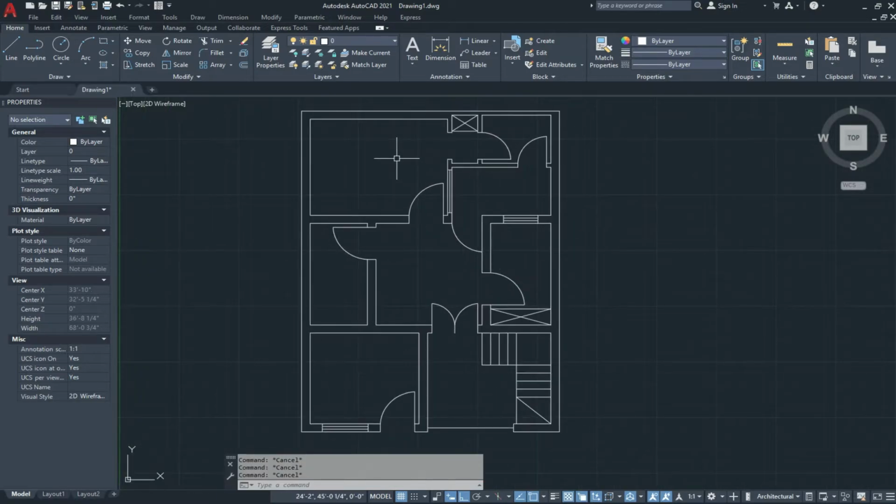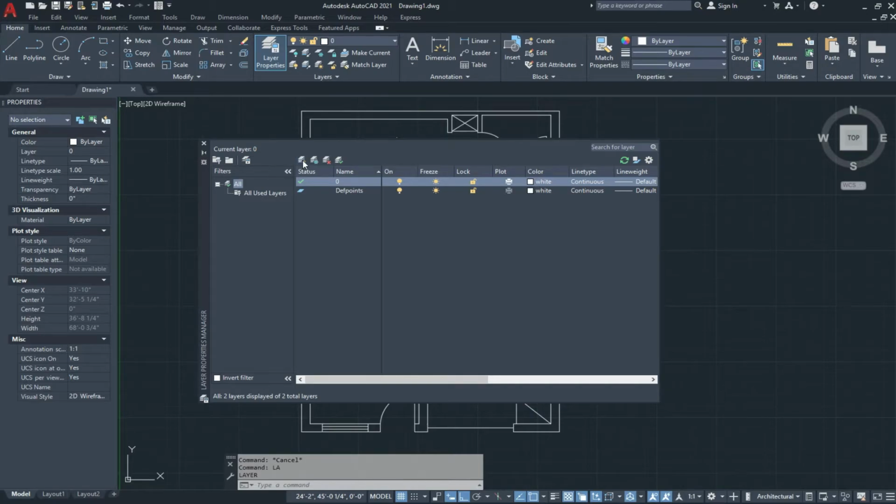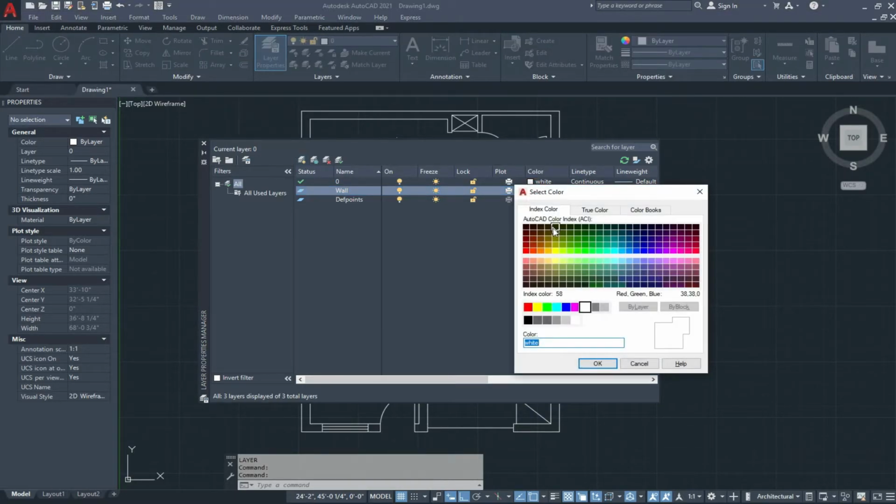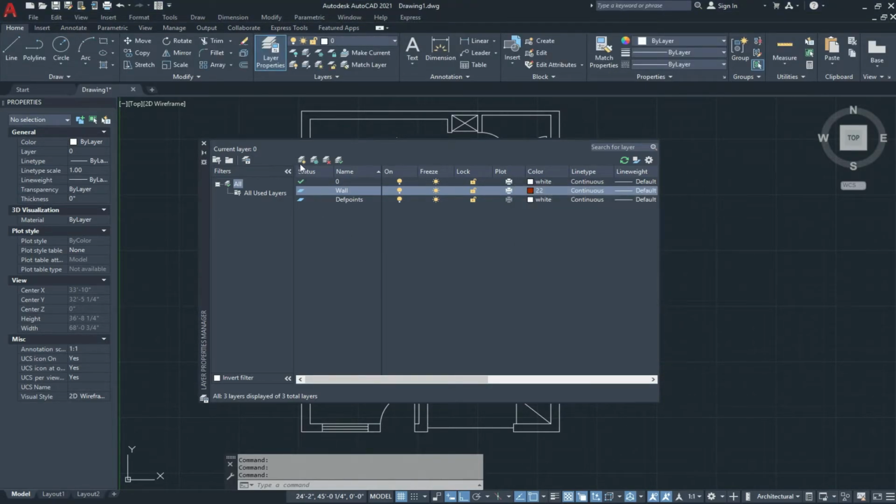And now we make the layers, and for that type LA and press enter and click on new. Give the name wall, select the color and click on OK.